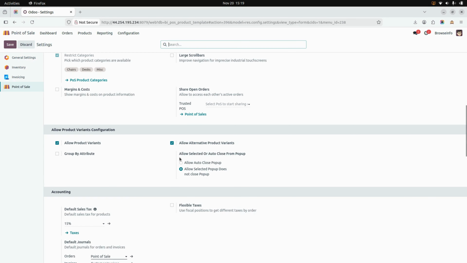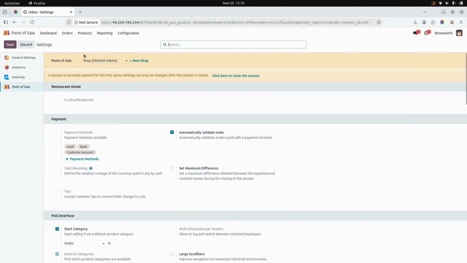After that, we have an option for whether you want the pop-up to be auto closed or closed when you want to close it. So for the first, I'm selecting the auto close for the pop-up and I'm just going to save it. After that, I'm just going to the products